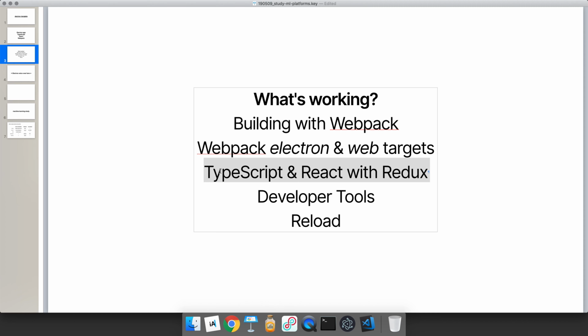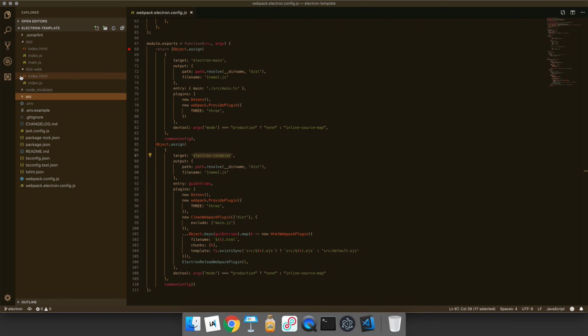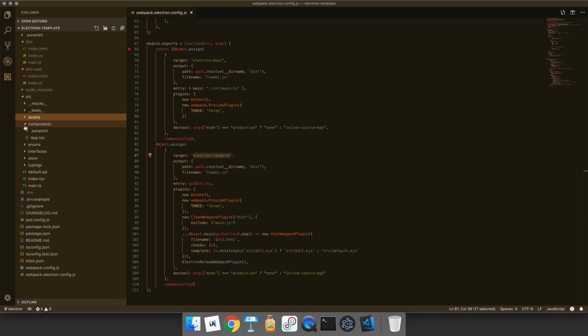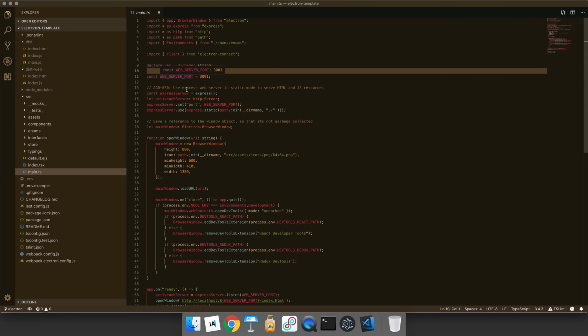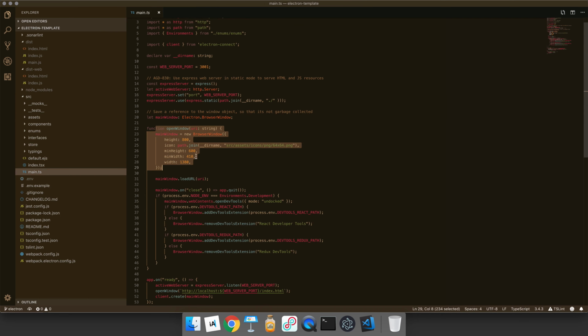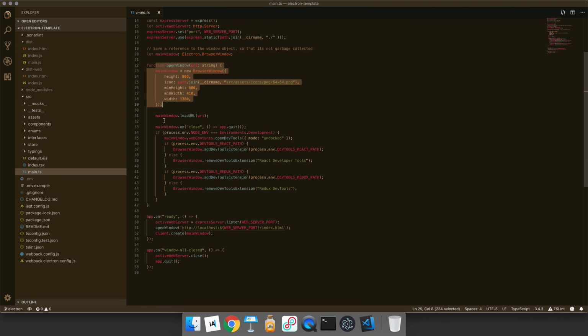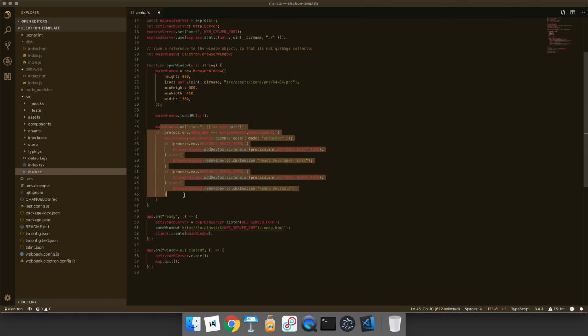And of course, this is just like a 5 or 10 minute video, and it's not gonna be teaching you TypeScript or React with Redux, but it's just to see an overview of what they are. So when I'm talking about the React application, right, we have this source code folder where we have the main.ts file that is something that only lives in Electron. What we're doing is just normal Electron opening the window, setting the size of the window when it starts, and setting what happens when the window is ready and when it's closed. What we do is load the index.html file on the window that we open,